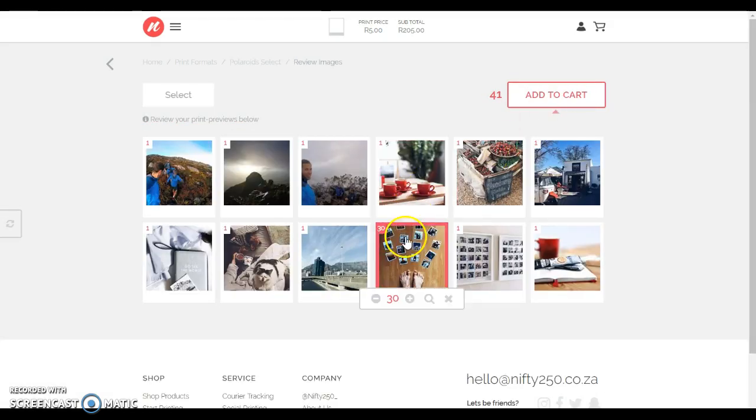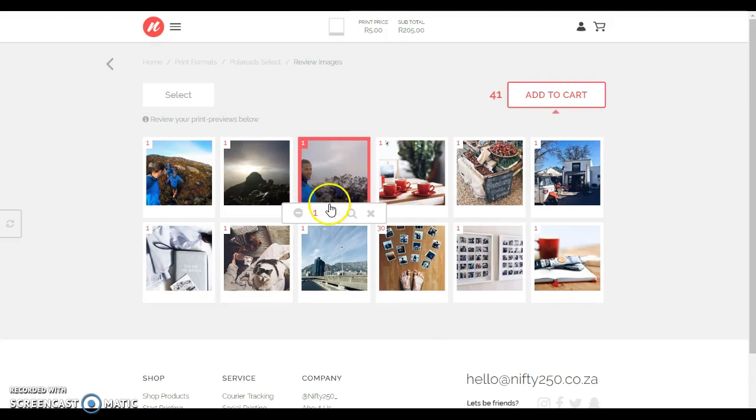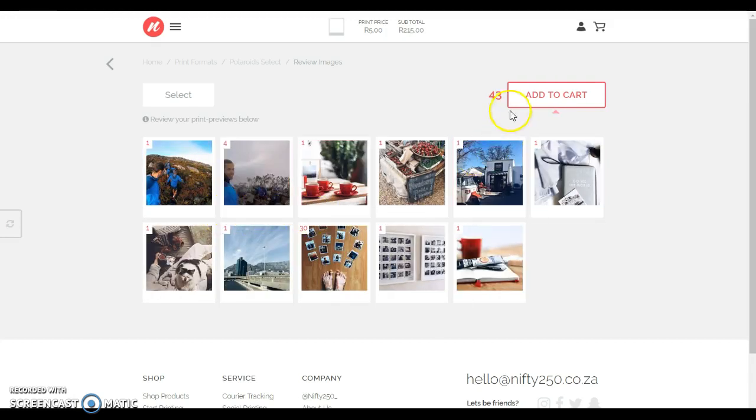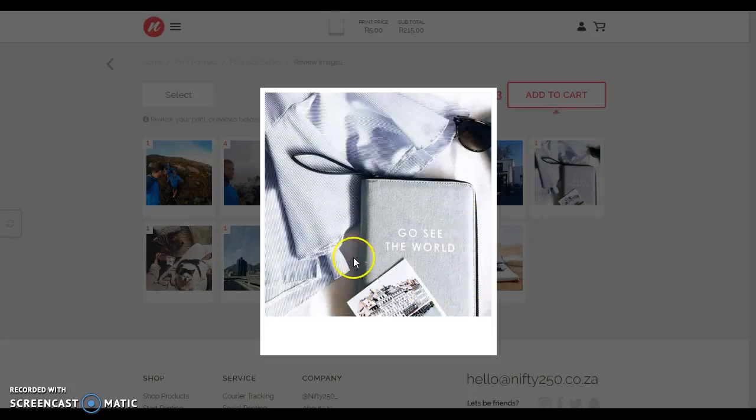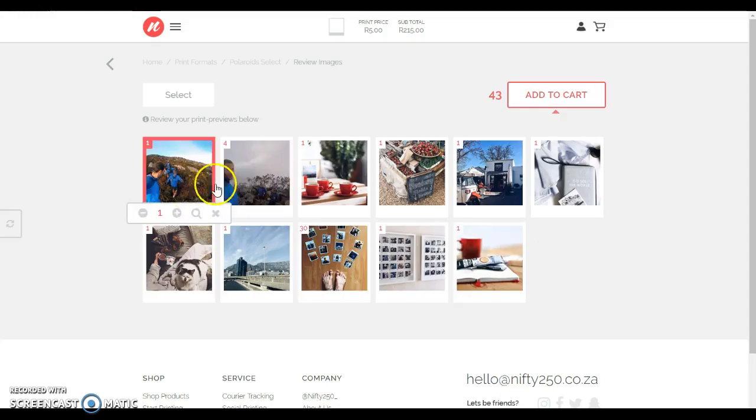I'm now going to click review, and what's going to happen here is you're going to see all the images that you've selected. They're going to be basically previewed for you in the format. So you'll see that these are the images that you've selected. We're basically trying to say to you, look, are you happy with these images? You've chosen 30 of those and 1 of these. You still have the option to actually create more. You can even get rid of those images that you don't want. If you go below the threshold of 30, we're going to kick you back to the previous step to add more images. So this is your last chance to actually have a look at the Polaroids to make sure that you're happy with your selections.